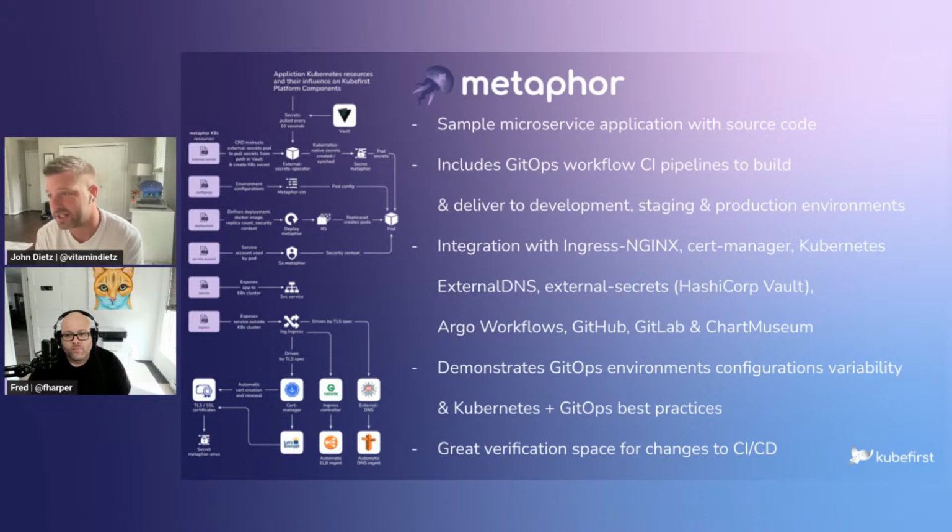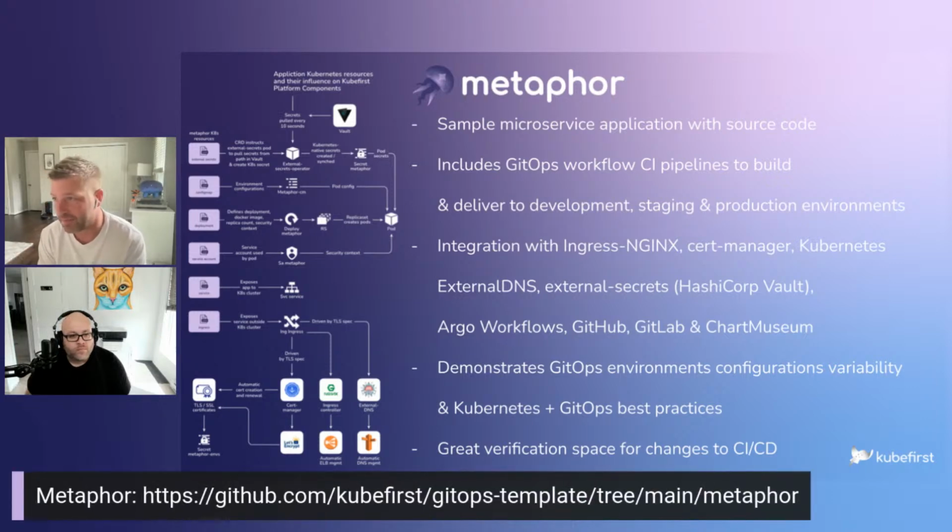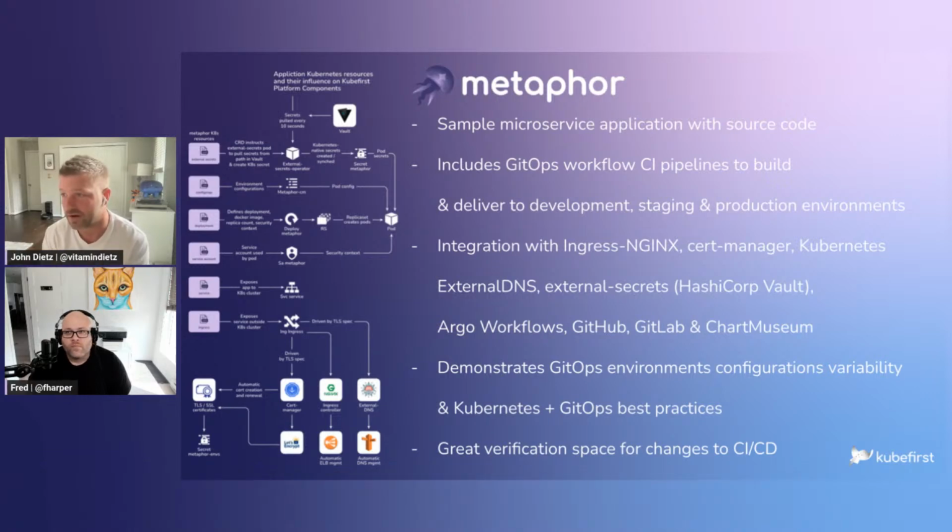And there's a lot of questions that you'll have when you're setting up your first source code application on the Kubefirst platform. We deliver with Kubefirst this instant opinionated platform that has secrets management in HashiCorp Vault. It has Ingress with Ingress Nginx. It has automatic certificate creation with Cert Manager. It has automatic DNS management with external DNS. And all these pieces, conceptually, they're not that hard to describe and to talk about.